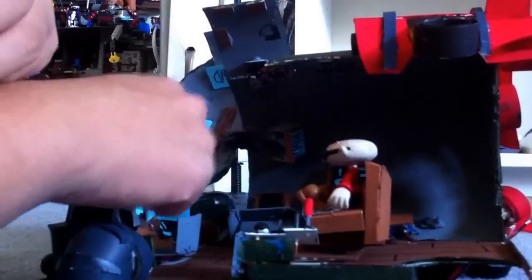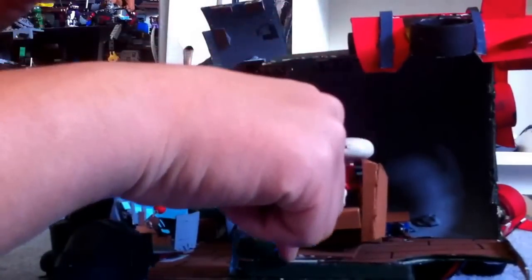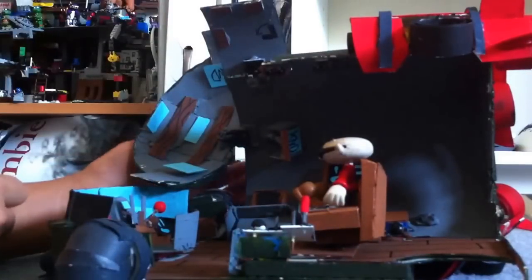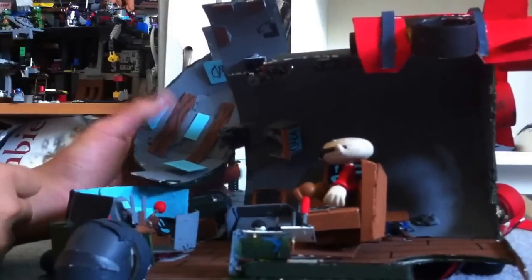Number 2 would be driving. That's why he has such a big seat. And then number 3 would be right here with the control weapons. Not weapons, but other stuff. But yeah, and then right here on the front. So in here on the front, there's just a whole bunch of...